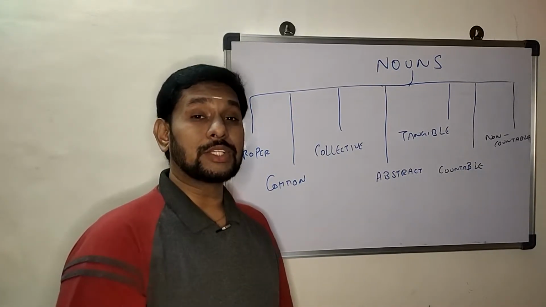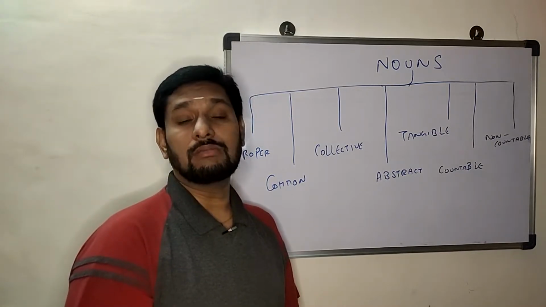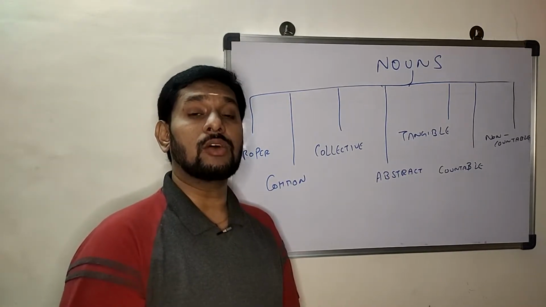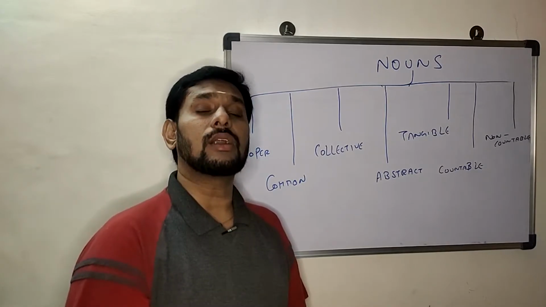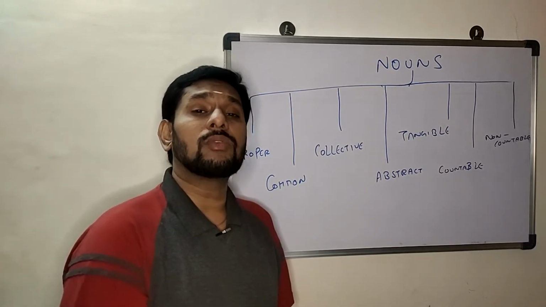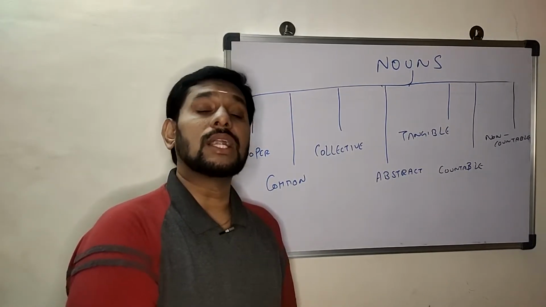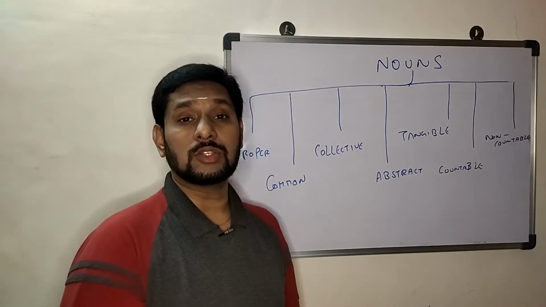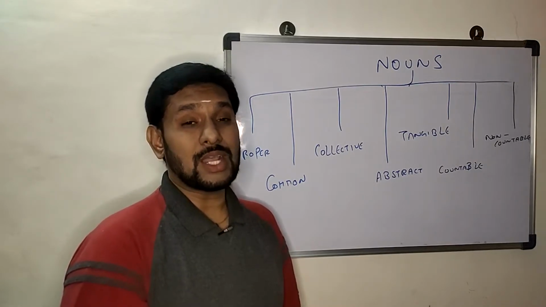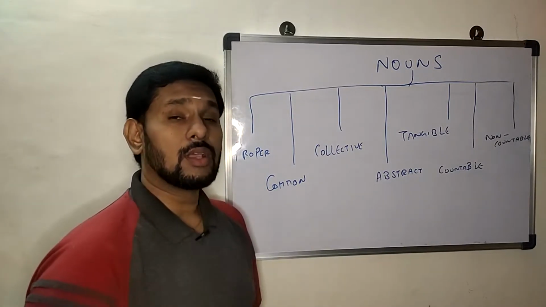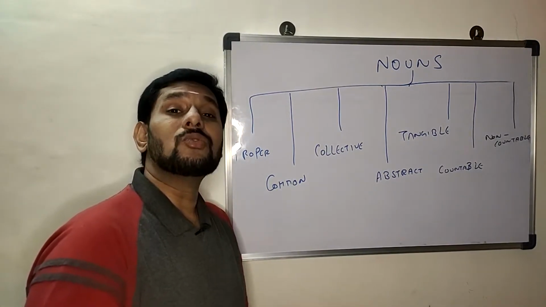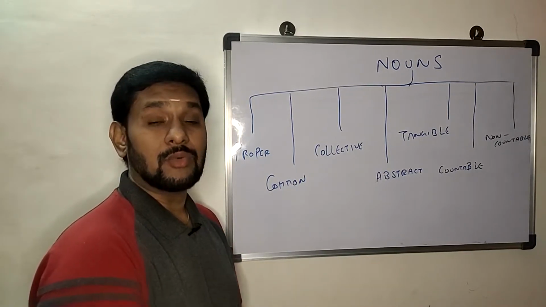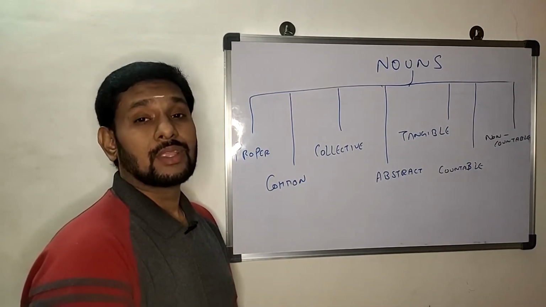And another thing, days of the week or months of the year, be it Monday, Tuesday, Wednesday, Thursday, Friday, or Saturday, or Sunday for that matter. You can only have one of these days in a week. You cannot have multiple Mondays or multiple Tuesdays in a week. The same goes with the months in a year as well. So that is why they are categorized as proper nouns. Now, proper nouns are nothing but unique, as simple as that. That is how you need to identify them.